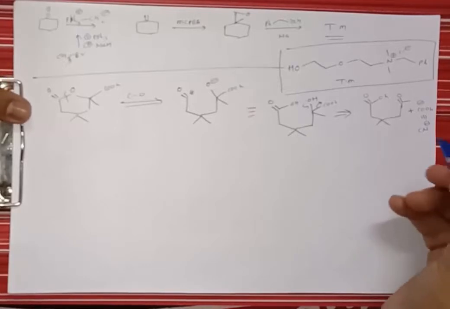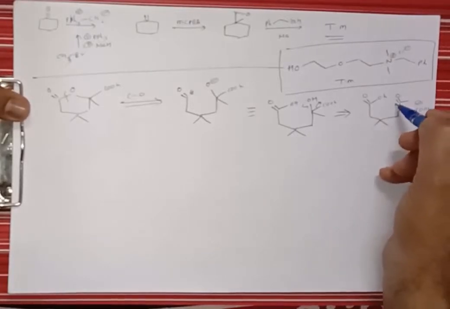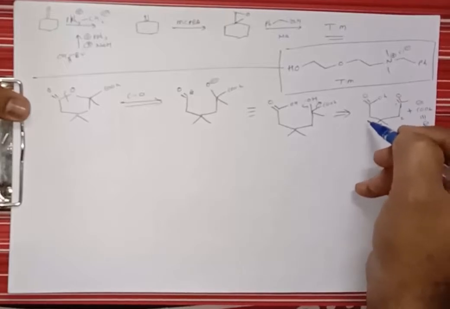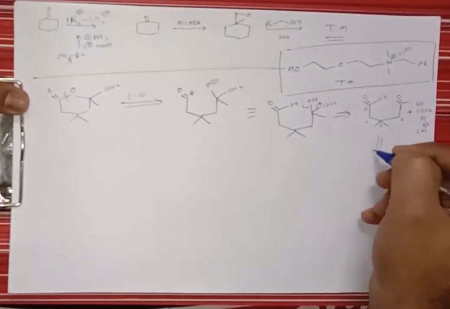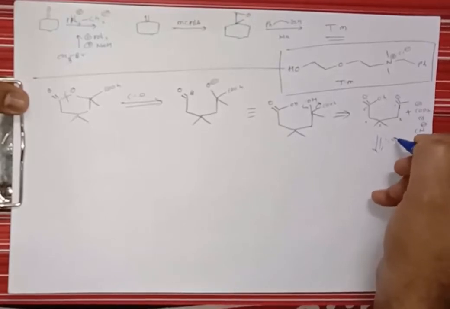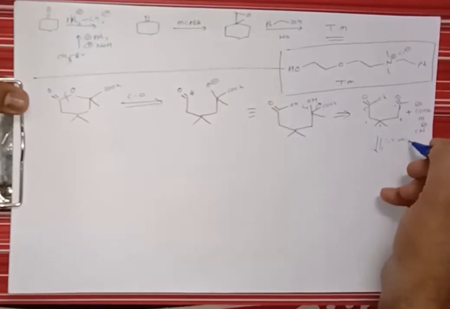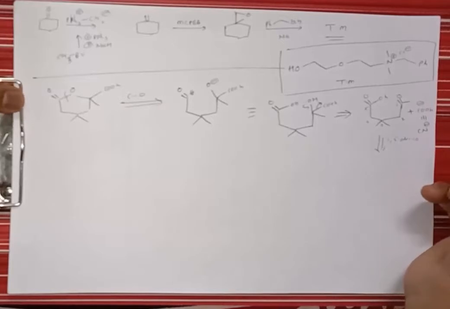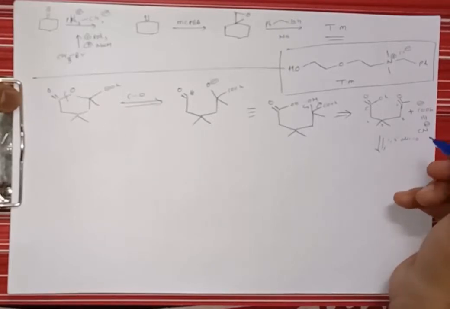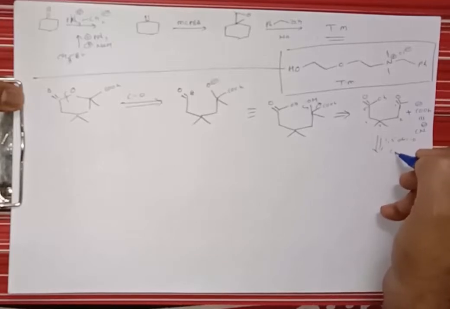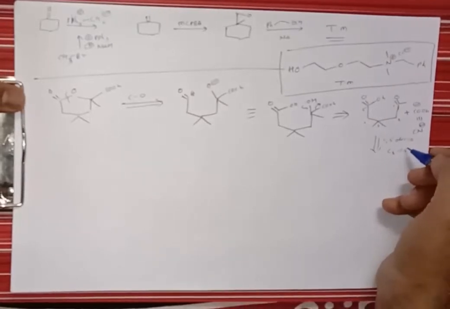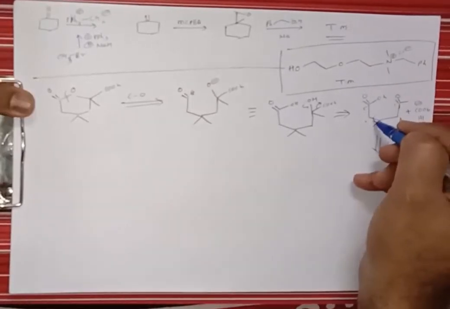and the synthetic equivalent for this is a cyanide ion, and it can be taken from sodium cyanide, right? If you see this molecule, it is 1, 2, 3, 4, 5, that is a 1,5 dicarbonyl pattern, and in that 1,5 dicarbonyl pattern you can break the C3-C4 bond.